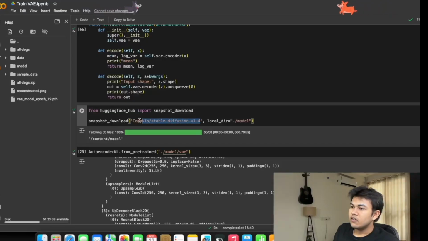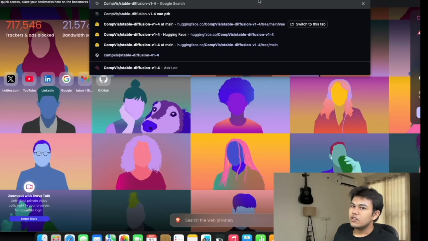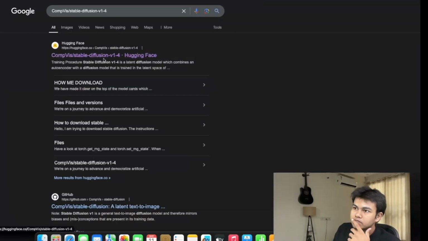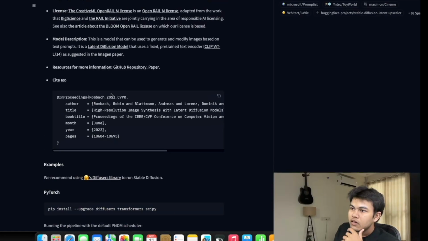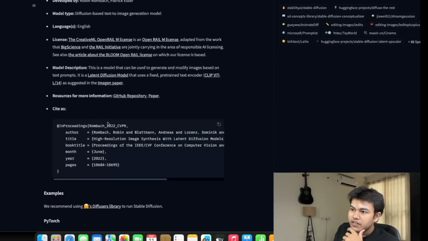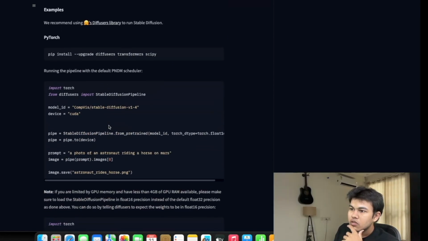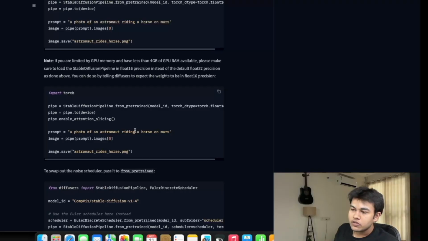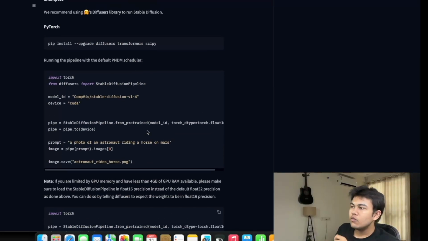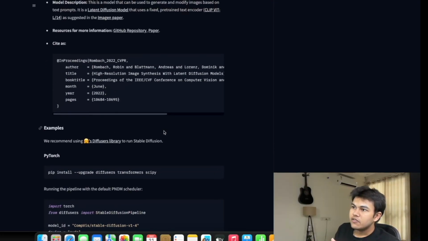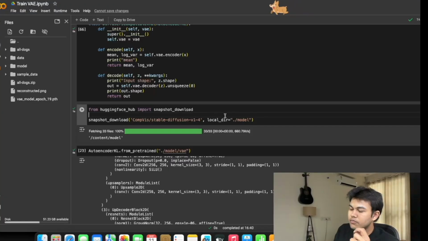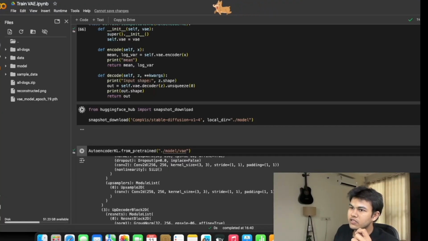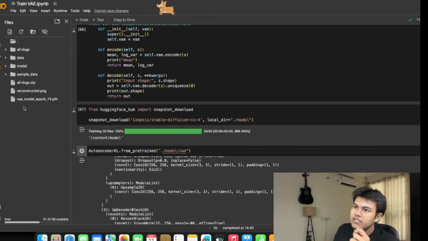You can go here and I'll show you what kind of model this is. This is a Stable Diffusion model. It was released, I think, in 2022, and I think this model will work with our VAE. It is a 512 by 512 model. By running this, you can download it to the local directory here,